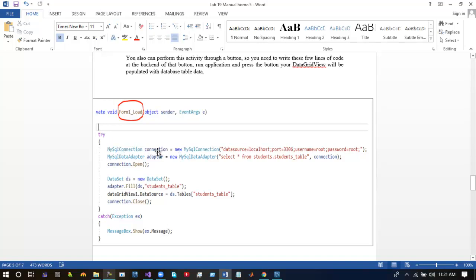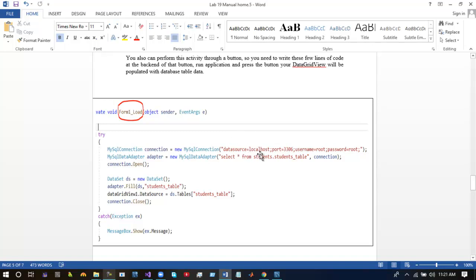So the very first line in the try block: MySqlConnection is equal to new MySqlConnection. In this line I want to create a connection with the database, so I will include 4 parameters. The first parameter is the data source, from where you want to select your data.